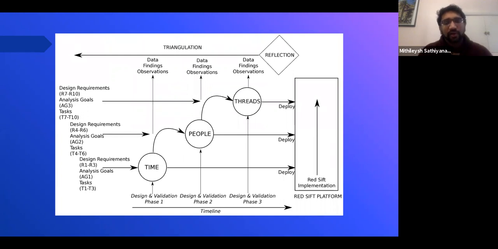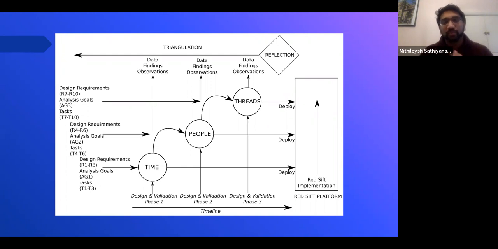And so as I mentioned, we started with phase 1 with the focus on time. Once we were able to identify some interesting aspects, we started moving into phase 2, and that's where individuals came into play. It could be healthcare professionals, nurses, and the patients themselves. And then we moved on to the threads. That's where we were able to access the threaded information. We were able to understand a patient's management plans, patient's history, and patient's other health conditions.